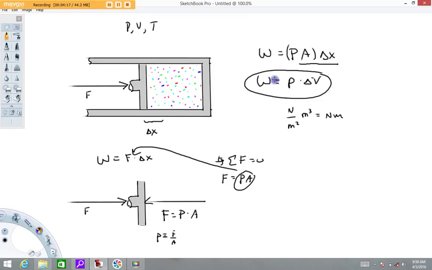I usually just worry about magnitudes. So the magnitude of the work done is going to be the magnitude of this thing, pressure times change in volume. And we'll talk plus and minus signs later in the context of the first law of thermodynamics, but giving you a heads up of what's coming, there's a sign convention for when work is positive or negative,